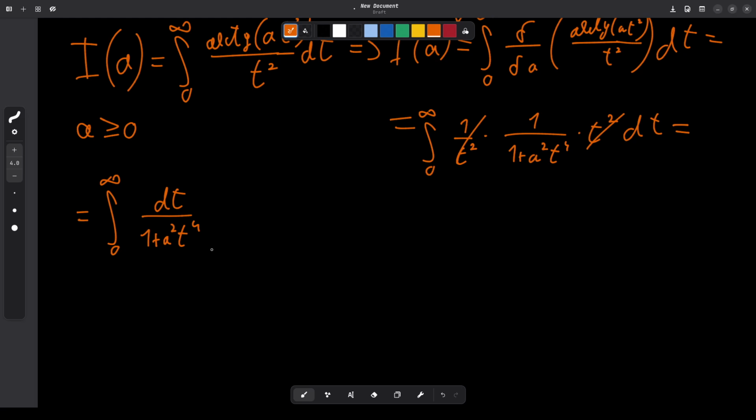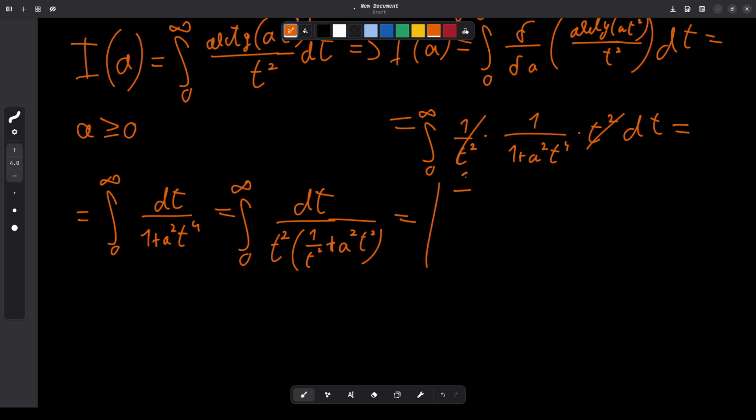Which looks somewhat intimidating, but this can be approached very easily. Let's take out a factor of t squared from the denominator. So we're going to have dt over t squared times 1 over t squared plus a squared t squared. And now what we should do is substitute 1 over t to equal v, which in turn will make dt equal to negative dv over v squared,